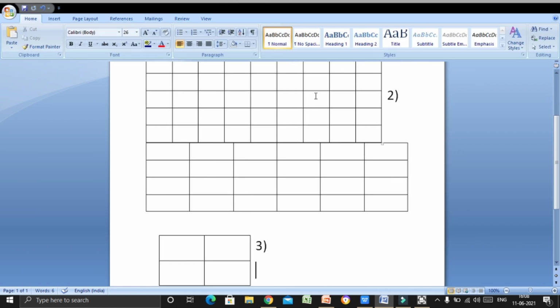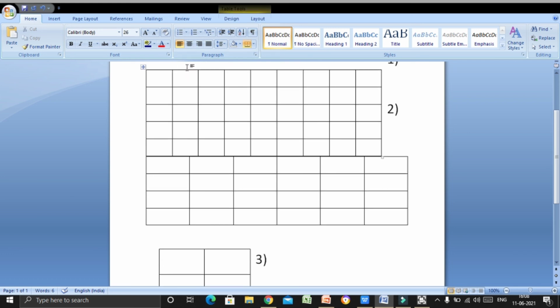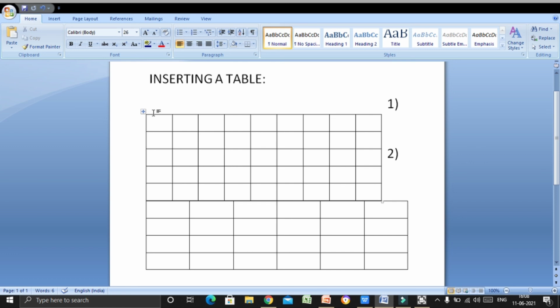Okay. Now next is about how to add columns. Okay. Suppose let me first select this column. Okay. Now I want to add a column next to it. What I will do?